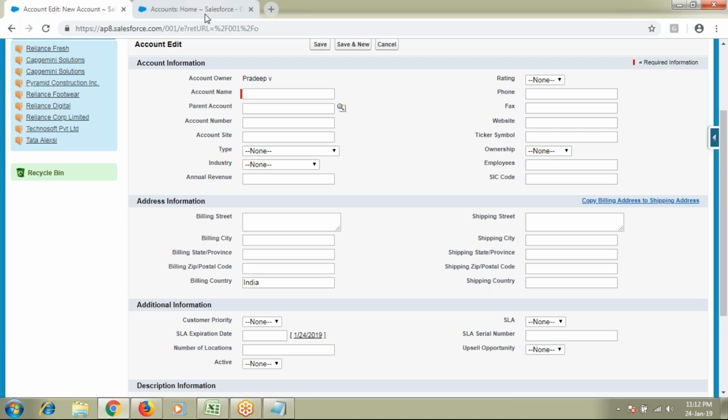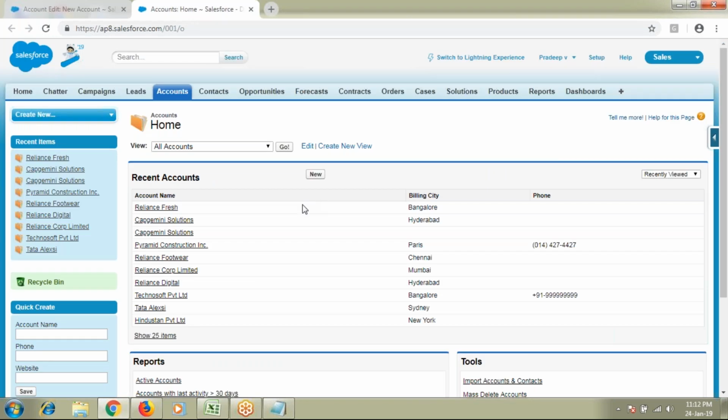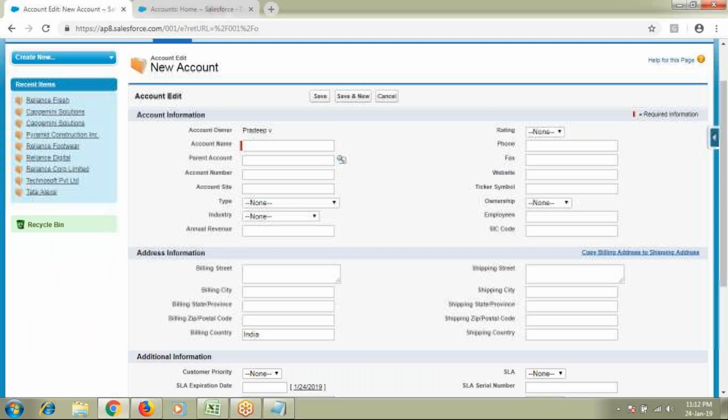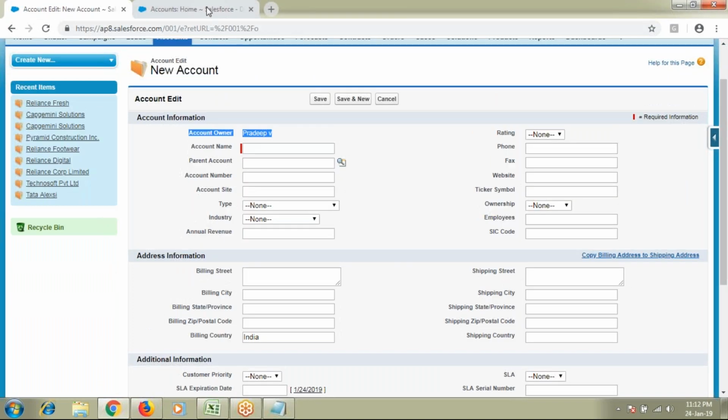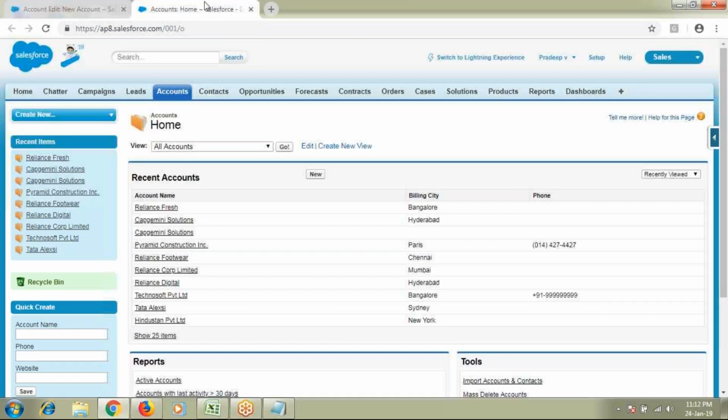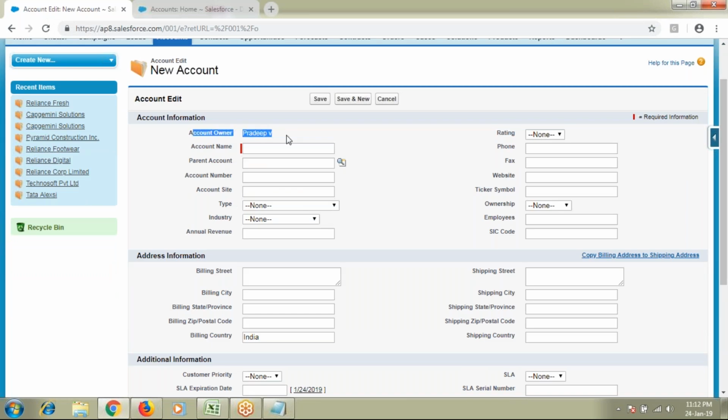Now let's suppose we have an example where some 10 users create different records. We have user A, user B, and user C. Here I need one category like user A records, user B records, and user C records. The moment I select user A records, I should get all the account records where the account owner equals user A. Then from this drop down, if I select user B, it should get all the records where account owner equals user B.